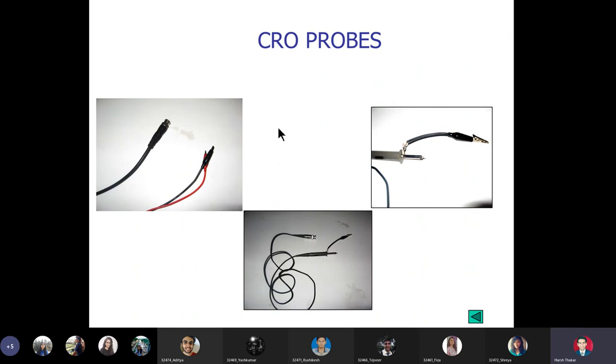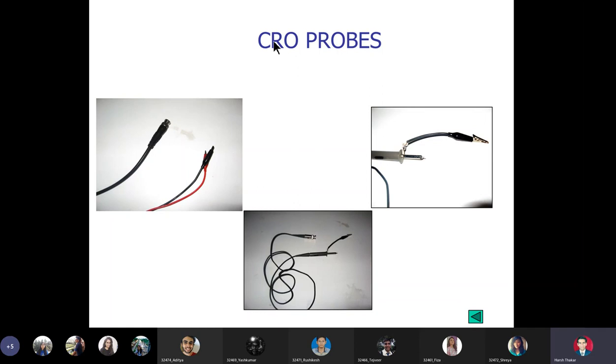Please understand one thing: DSOs are basically not designed to measure hundreds of volts of DC or hundreds of volts of RMS. So if at all we have to observe the high voltage outputs of PE systems, we have to attenuate the output, and after attenuation we apply it to the DSO. The probes which help us attenuate the outputs of power electronic systems so they become acceptable to the DSOs are called attenuation probes.